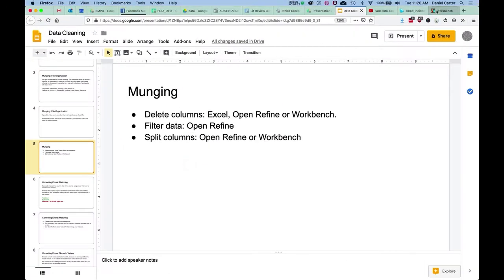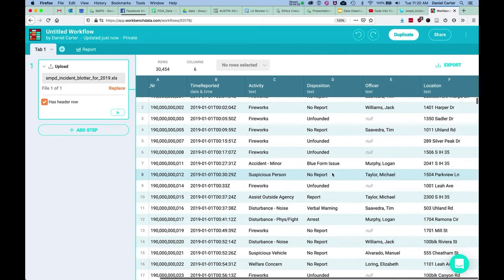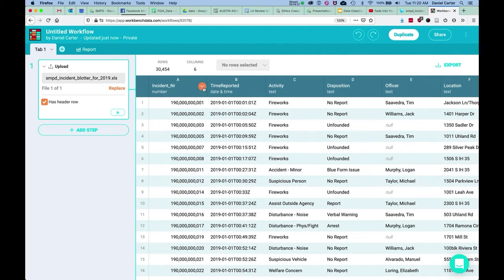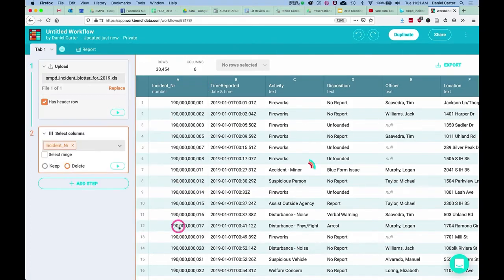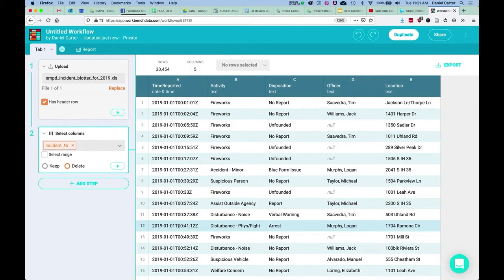Let's go over to Workbench. Same file in Workbench, and basically the same process. So when I'm in Workbench, I hover over the column. I'm going to get this orange arrow, and I can delete this column. So here you can see a really nice thing about Workbench is what I was saying: I get a record of what I did, okay? And I can always undo that. So if I just play this step up here,